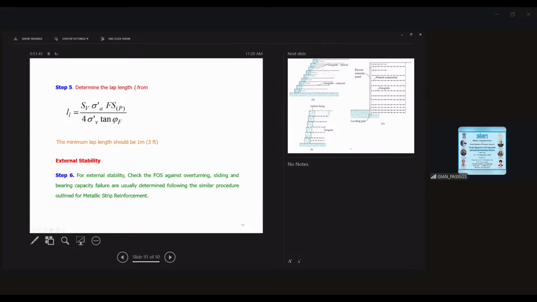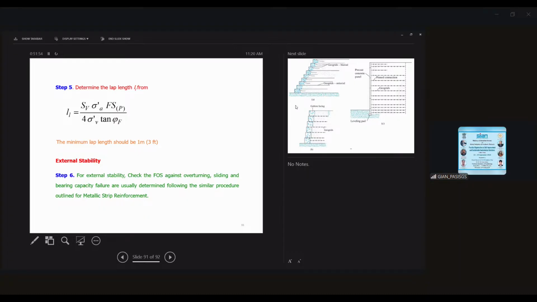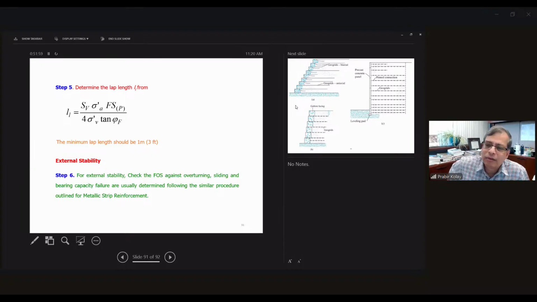Sir, there is one query in the chat box. In which field are cotton geomats used? Okay, cotton one is not very common. I know that people are using it for temporary purposes, like a bamboo mat or jute geotextiles sometimes. It's very rare, people don't use it much. Although I mentioned it in the slide, I think